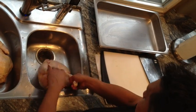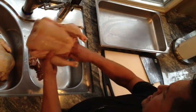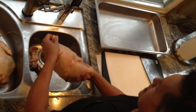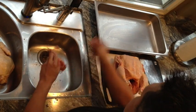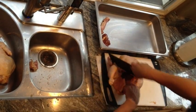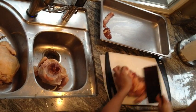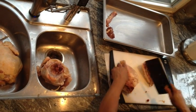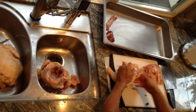So the first thing you need to do is break down your chicken. We go to Costco and we get the whole chickens for $1.19 a pound. Save the innards, the necks, gizzards, and liver. We break down the chicken to make sure it gets through the grinder a little easier. And we also remove all the skin because the skin has too much fat for